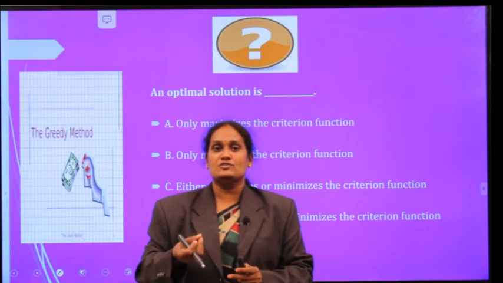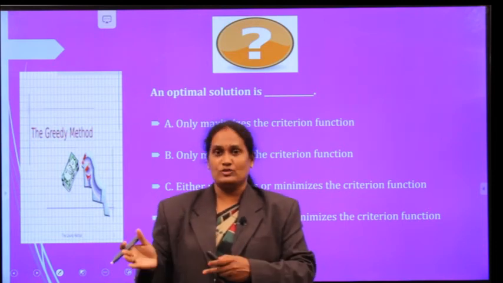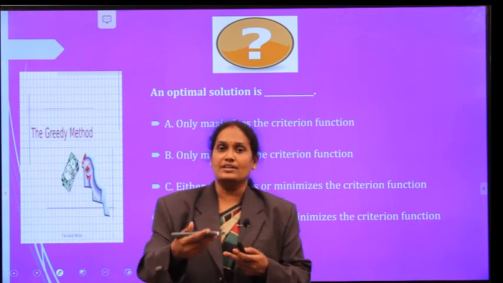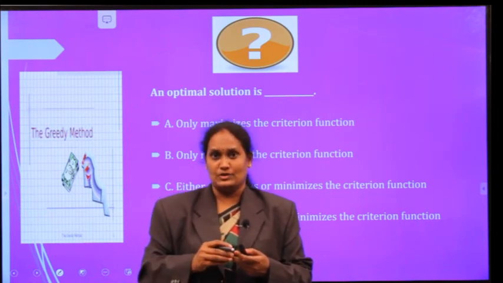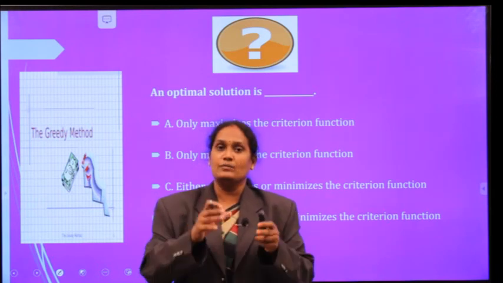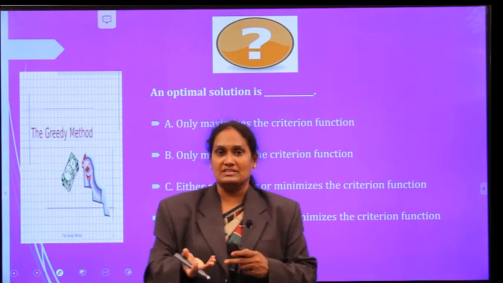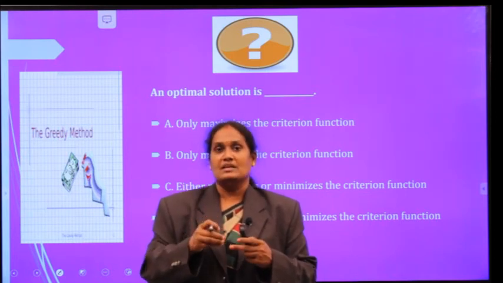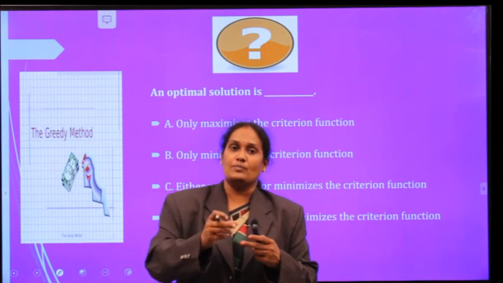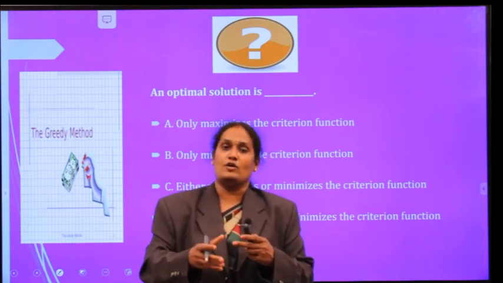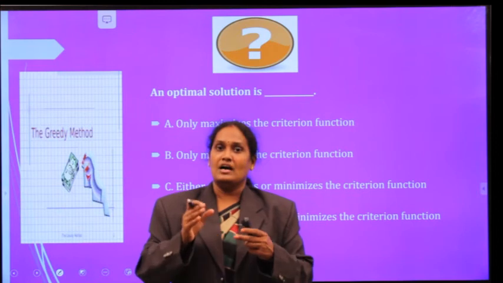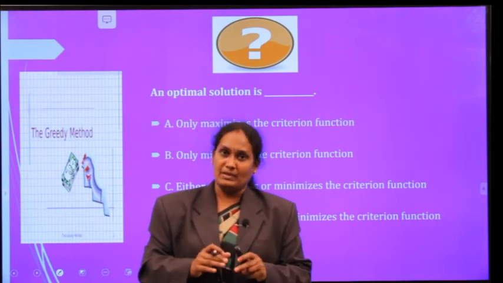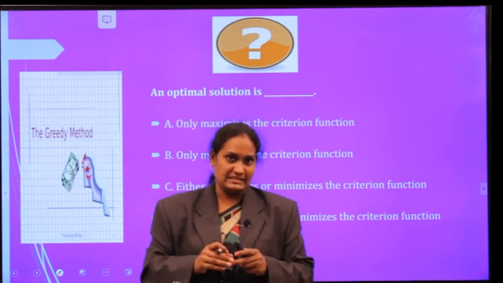If that input leads to a partial solution, that is added to the solution. Otherwise, that input is discarded and the process continues to select the next input. And a subset of inputs becomes the solution for the given application. That subset of inputs which is feasible, which either maximizes or minimizes the given objective function, is called the optimal solution. For finding that optimal solution, we implement the greedy algorithm design technique.